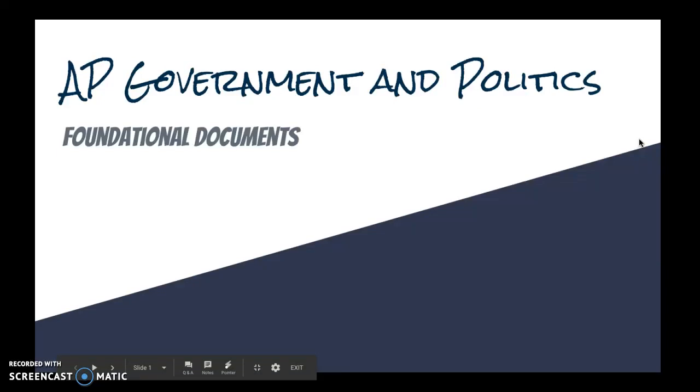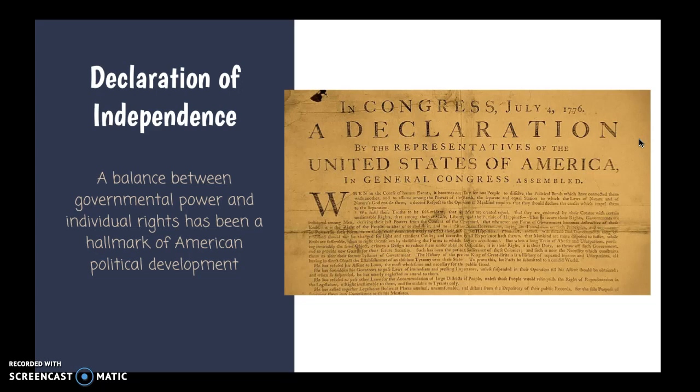Okay, let's talk a little bit about the foundational documents that we need to know for AP US government and politics. The first, obviously one of the more obvious ones that we need to tackle, is the Declaration of Independence. We have to understand the balance that exists there between individual rights and governmental power, and how the members of the Continental Congress decided to sever ties from Great Britain, and namely a lot of the problems that they addressed and the complaints that they made within the Declaration,